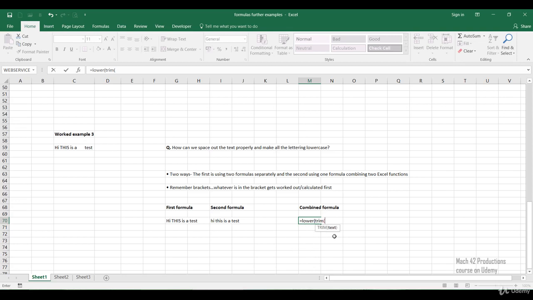Now trim takes a parameter of text, as we know. So we're going to select this one. Now one thing to notice, folks, is that because now we've got more than one set of brackets, we've got a different color. So here we have black for the first set of brackets, which will be basically outside of here. And we've got our second bracket, which is part of the trim function. So Microsoft Excel color codes them,